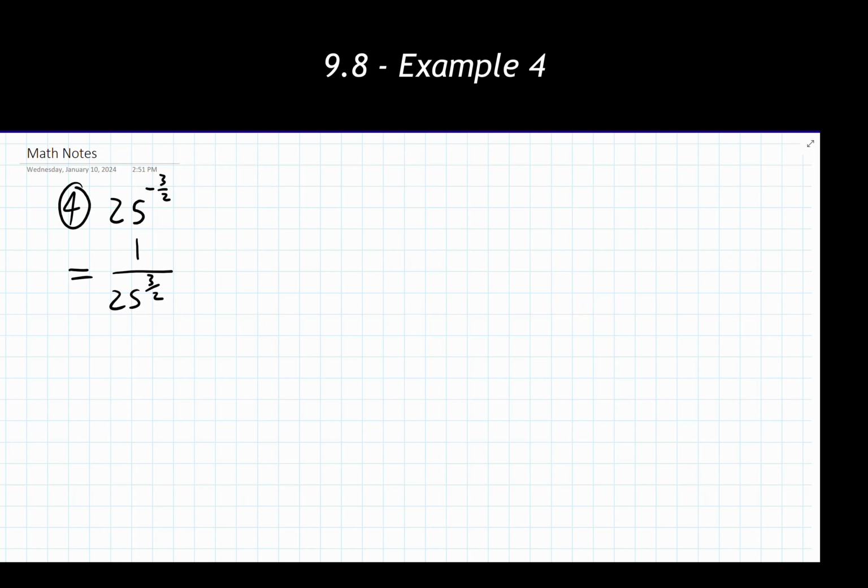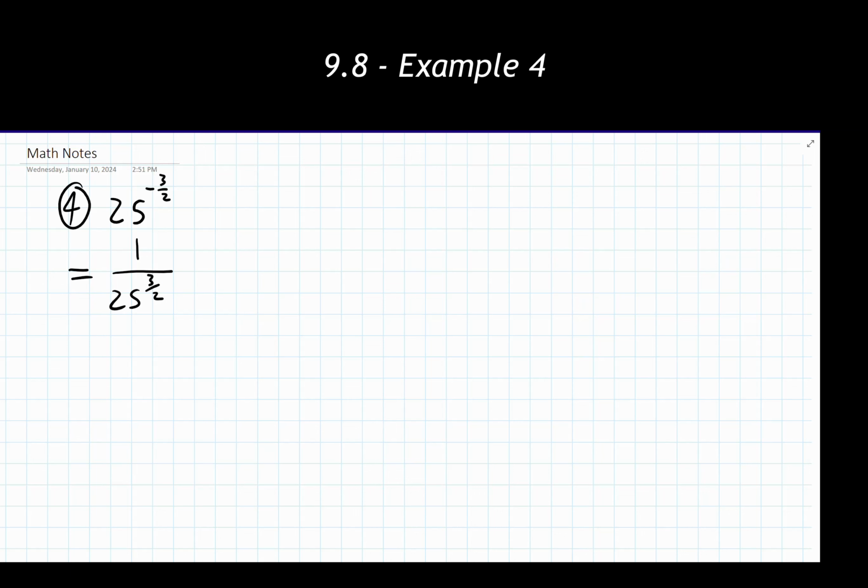From here, I can do a rewrite now. I have those 4 different forms that I can write this thing in and do with them as I see fit. Any of those will work, and it's your choice on which one you would like to use. So if you want to follow the method that I'm using, great; if you want to use a different one, go for it. I'm looking at this and noticing that 25 is a perfect square. I'm also noticing that the denominator here says that I'm going to be taking the square root of something. The numerator says I'm going to be raising that base to the 3rd power.